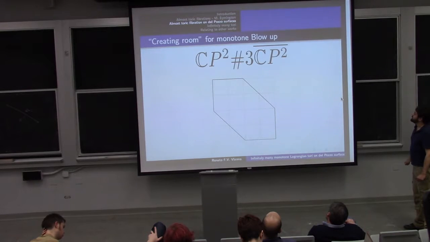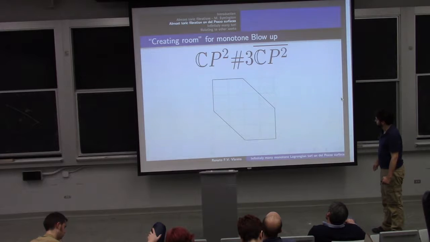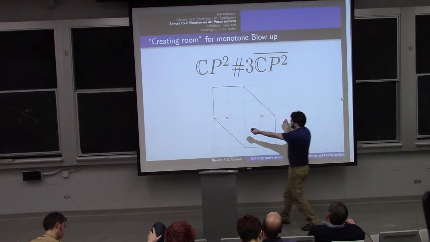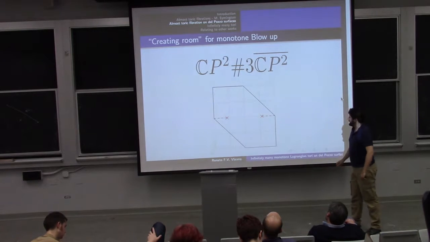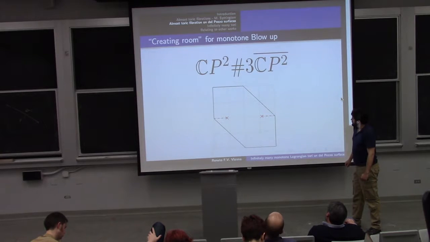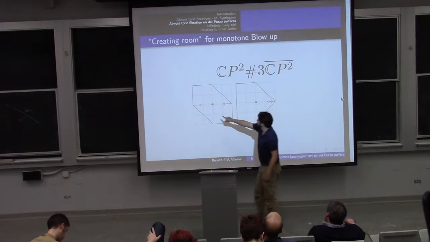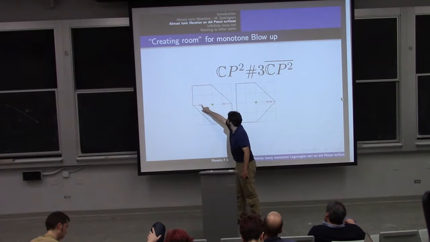So here is what I say, somehow creating room for doing a toric blow-up. Here, as we said, we don't have room to perform a toric blow-up, but one thing that we can do is apply a nodal trade for the two corners over there, and I get this almost toric fibration. Now what I'm going to do is apply a mutation that corresponds to sliding this node here through